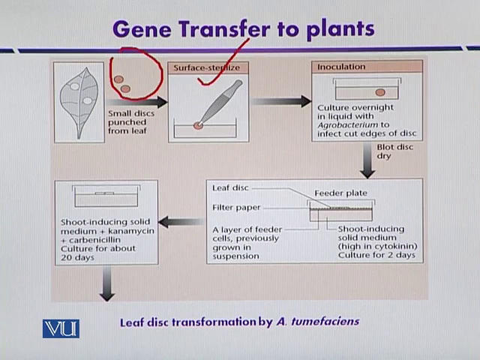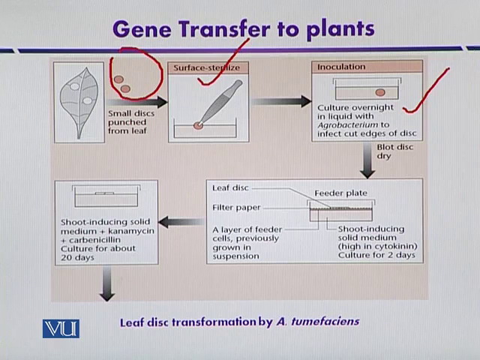After surface sterilization, they are incubated in the suspension of Agrobacterium tumefaciens, and then the leaf discs, after incubation, are blot dried and transferred onto a culture medium that contains antibiotics like carbenicillin or kanamycin, so that